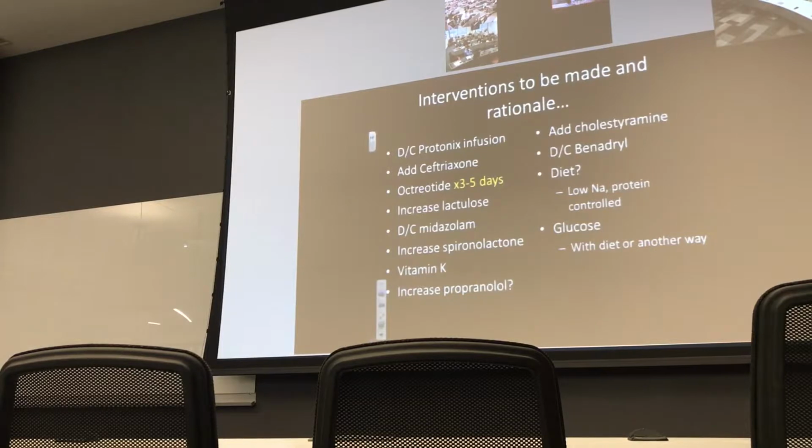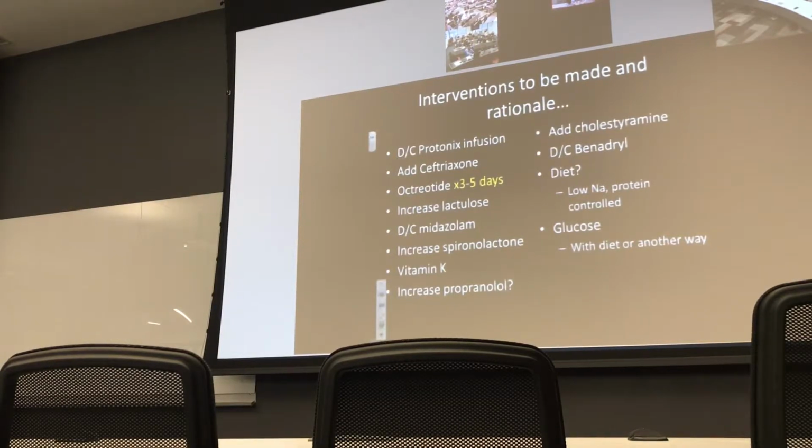But if it's an upper GI bleed that's not related to variceal hemorrhage, then you would put them on a Protonix infusion. So most of the time, if you don't know specifically the etiology of the bleed, you're going to treat all potential etiologies, and then once you diagnose which one, then you can stop the other treatments. So this patient, now that we know it's a variceal bleed, he got his band ligation, we can DC his Protonix infusion. The other group said to add ceftriaxone, and I agree to do it for 5 to 7 days